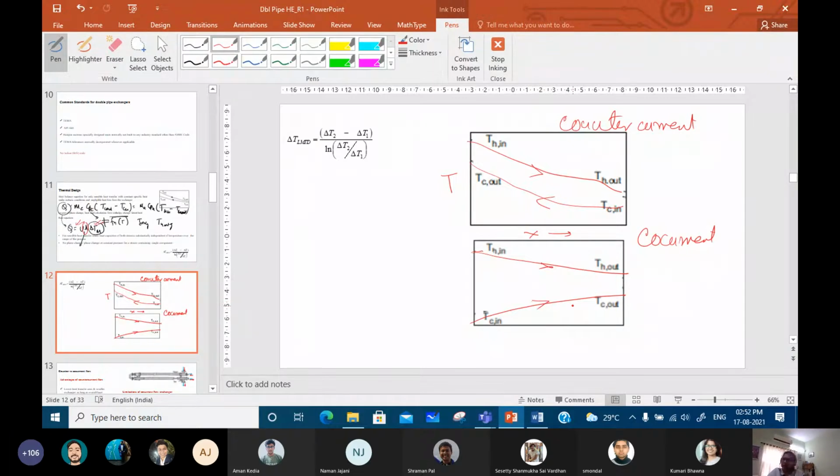Now you tell me that definitely we will go for a counter current case. The first thing is that delta T LMTD is higher for a counter current case. I agree. So this is one very big reason for going for a counter current case. But as per your question, which I also have, are there any other advantages of counter current flow? And the other question is, then do we never opt for co-current flow? Now, these two questions I'm stuck with, and I would request my designers to help me out in this.